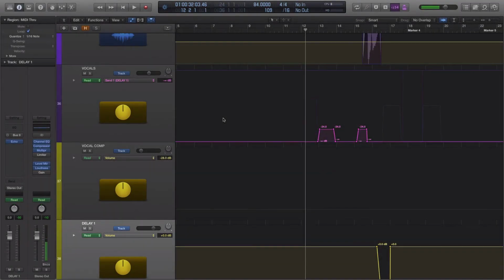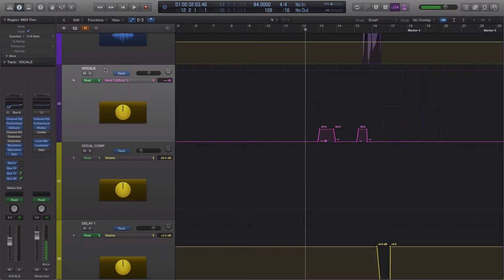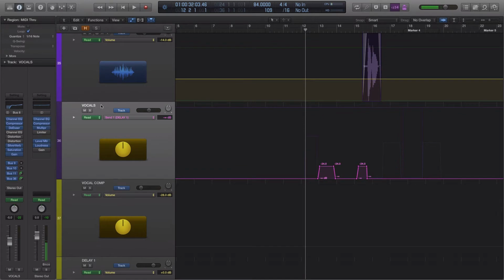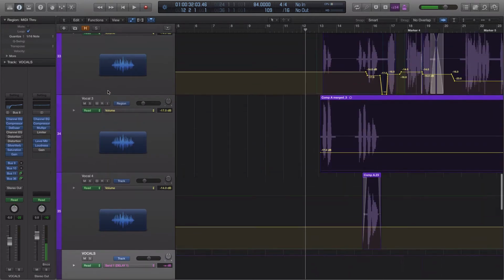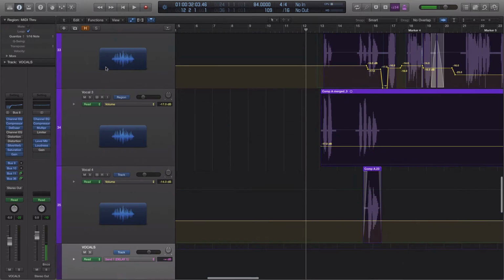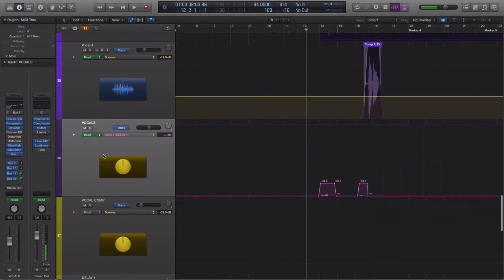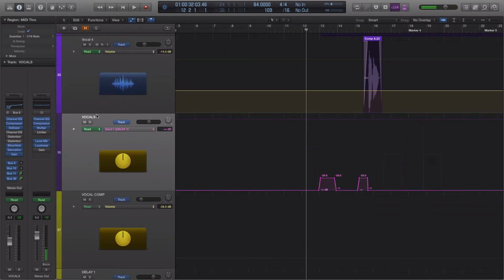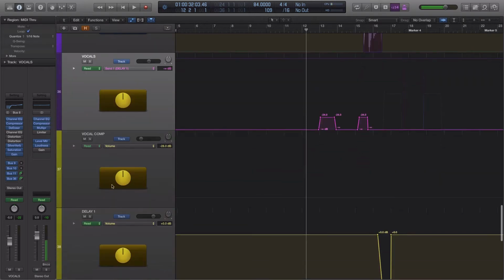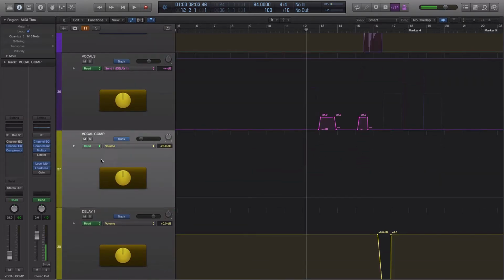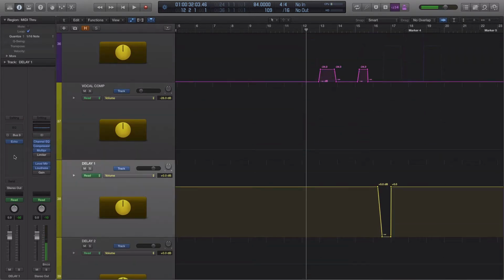I want to give you 3 reasons why you might want to use a send to add an effect to a track as opposed to putting the plugin directly on the track. So I have this vocals auxiliary group track here. All 4 of these vocal tracks are being bussed to the vocals auxiliary, and then that in turn is being bussed to delay 1, another auxiliary track with